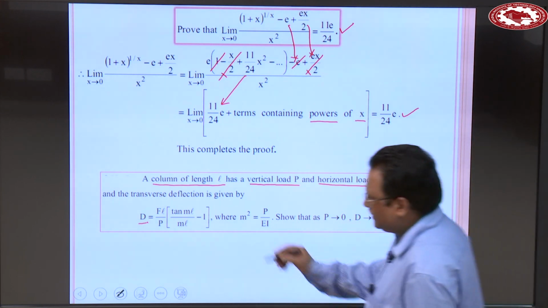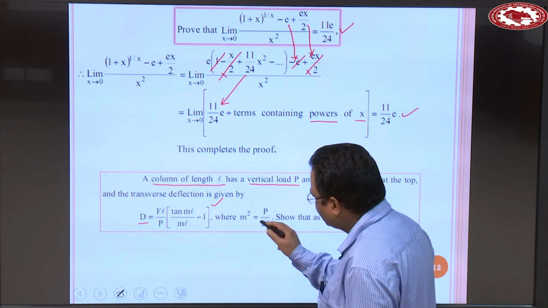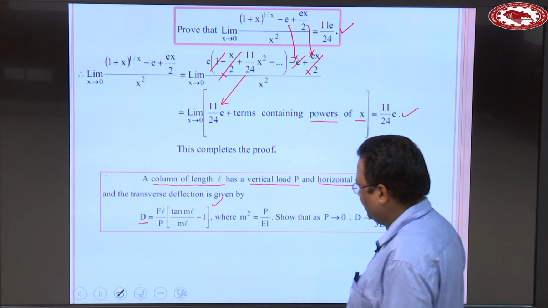D is given by this relation, where m square is equal to P over EI. Show that